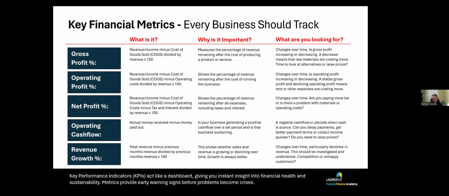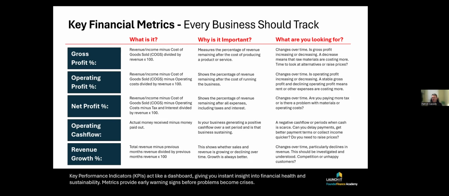Operating profit is the next line on your budget. And that's really minusing then the cost of running your business. So operating profit is your income less your cost of goods sold, which is creating the product or service, and then taking off the running of your business. So that could be rent, it could be salaries, it could be marketing expenses, whatever it might be. And that shows you the revenue that you keep after running your business.